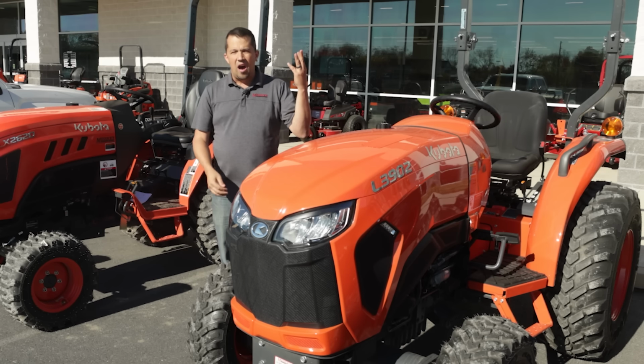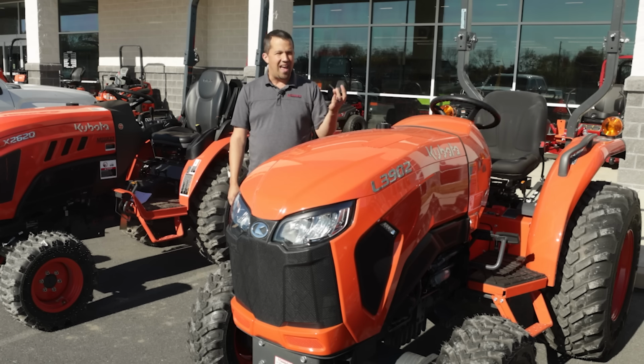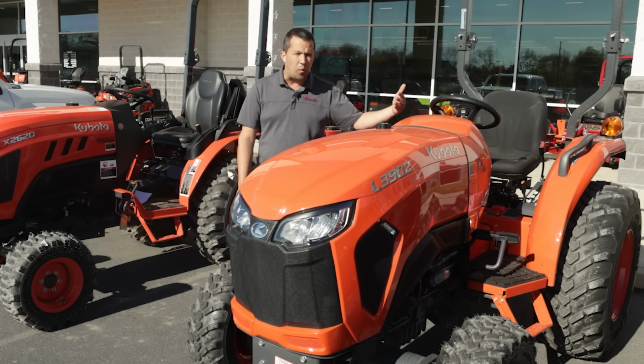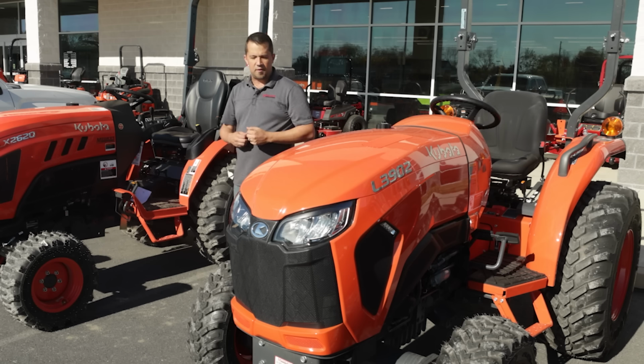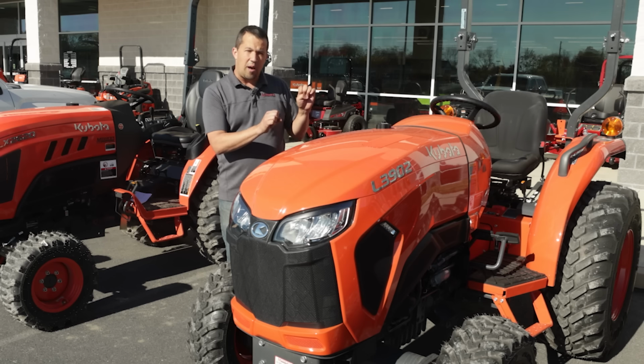To somebody who might have a hobby farm or is doing a little bit more light ag and heavy landscaping type work. Right now, we don't generally in this tractor care about its heavier weight because we're not primarily working on turf like we are with this machine. Now, in order to get a little bit more of that heft, you are giving up here a little bit